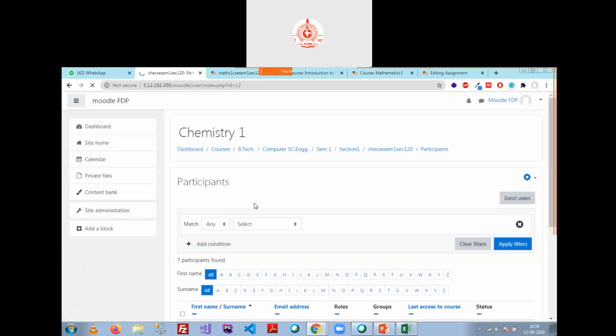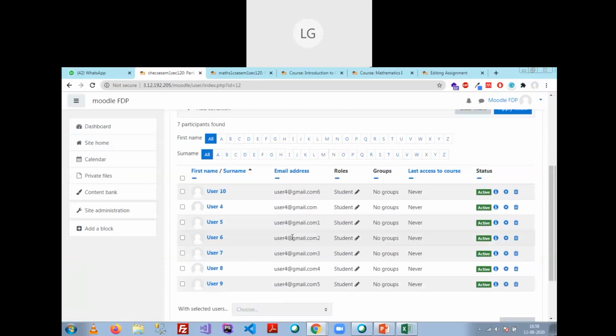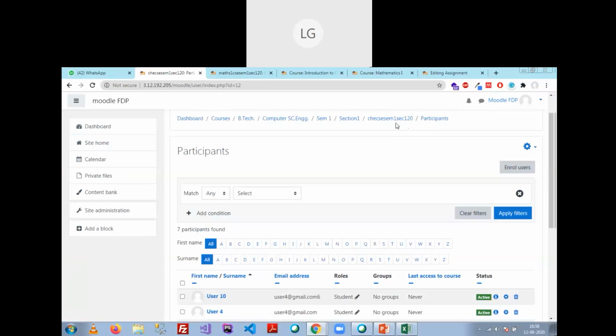Sir, can we use the course code also? Yes, sir. If you are providing a small course code, for example we are offering a course code called DBMS 1, that means DBMS part 1, you always have to select a unique course code.